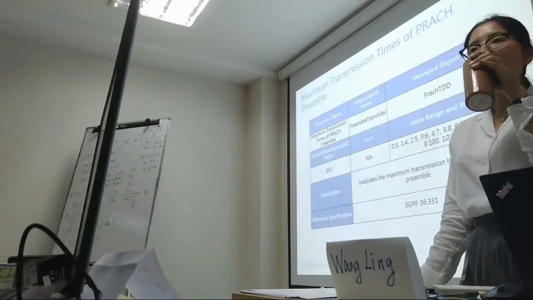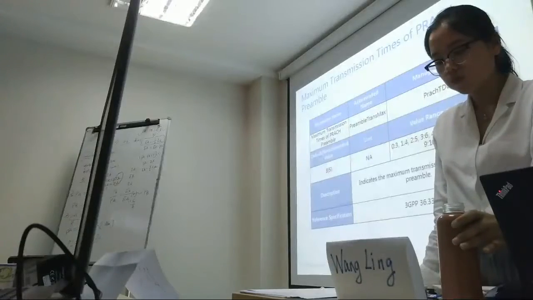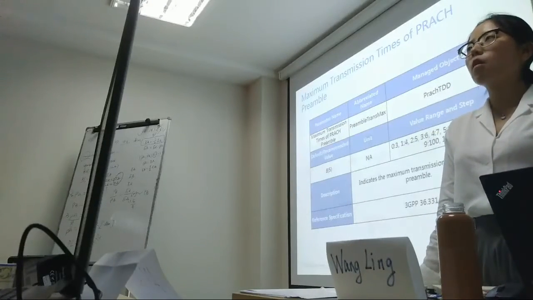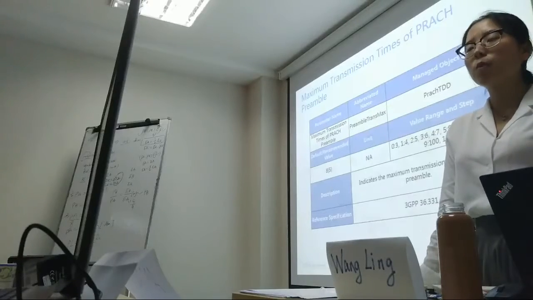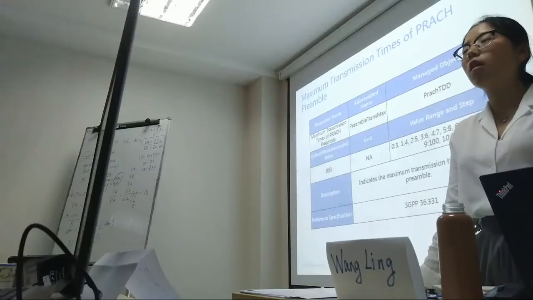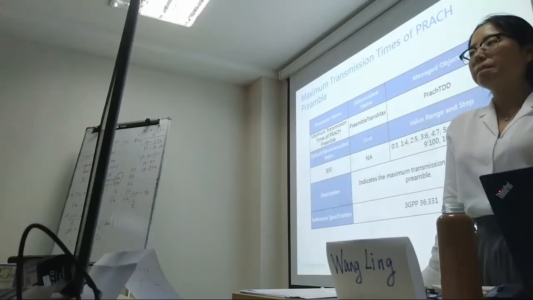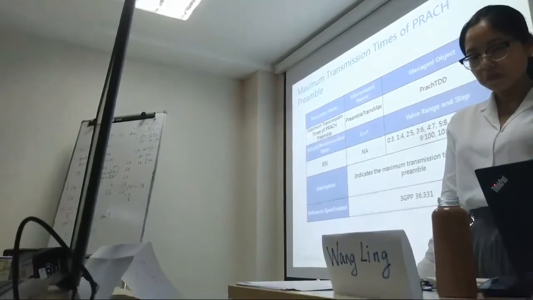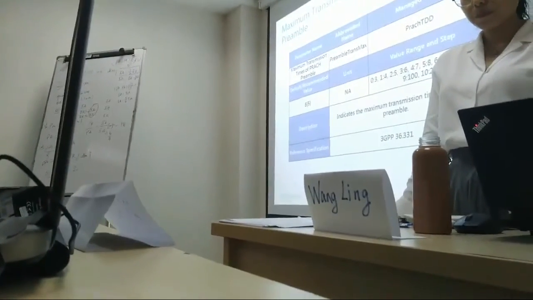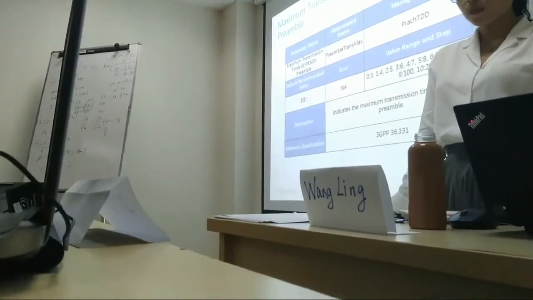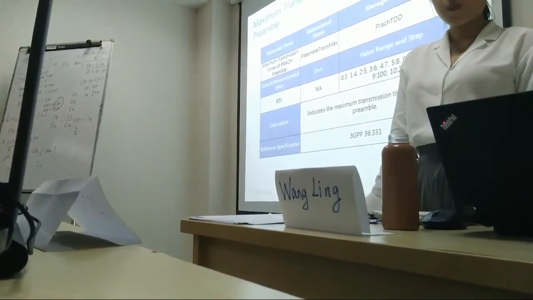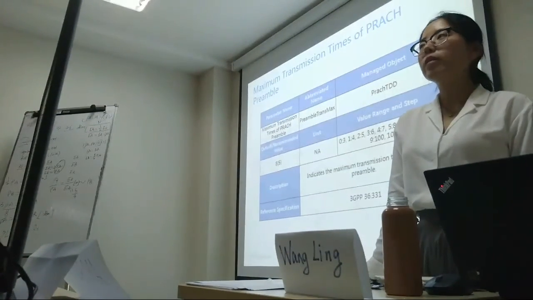If the access success rate is very low, can we configure it very high or very low? If you set the access preamble, but the access success rate is low, very low, do you want to set this very high or low, to improve it? Usually the